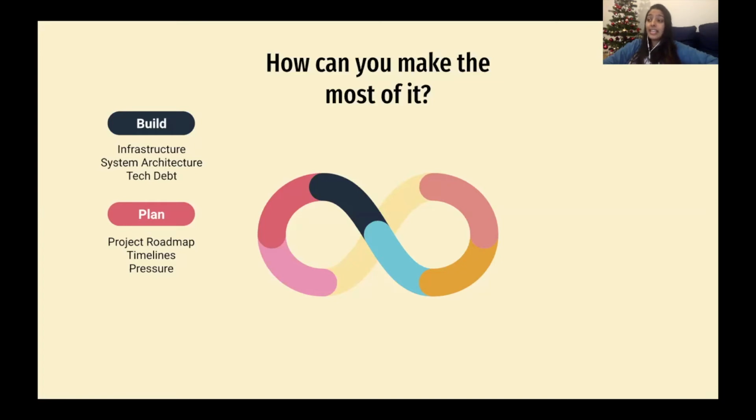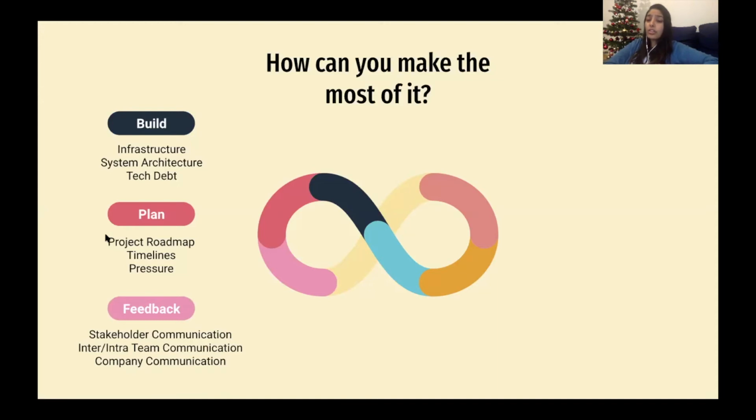If you say, hey, we made this roadmap two months ago, but because of certain technical debt aspects, we need to push this timeline, maybe we need to revisit it. Or maybe the timeline is too short and there's too much pressure coming in. Bring all those topics out in these retrospectives so that everybody in your team is aware. At some point you'll think, maybe I'm the only one facing this. But trust me, when you start talking about it, you will see more and more people join in that discussion.